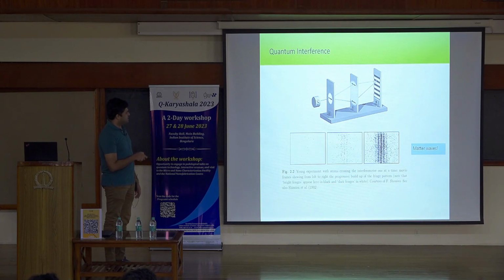So you can send single atoms through this source, and it's shown in experiments conducted in the 80s and 90s that single atoms, you can send them here, and then what you get after a while of observing the screen is that they form fringes, just like you have for light. So these are known as matter waves. So this is the Young's double-slit experiment.